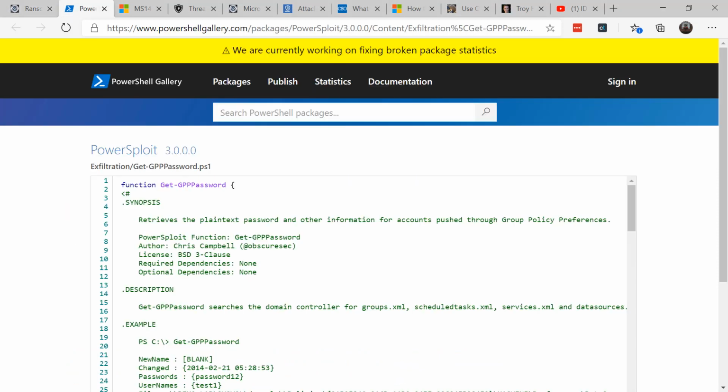Did you ever store passwords in group policy preferences? Back in 2014, MS14-025 patched a group policy preference vulnerability and removed the ability to store passwords insecurely. But it didn't remove the passwords if you'd previously stored them in there.